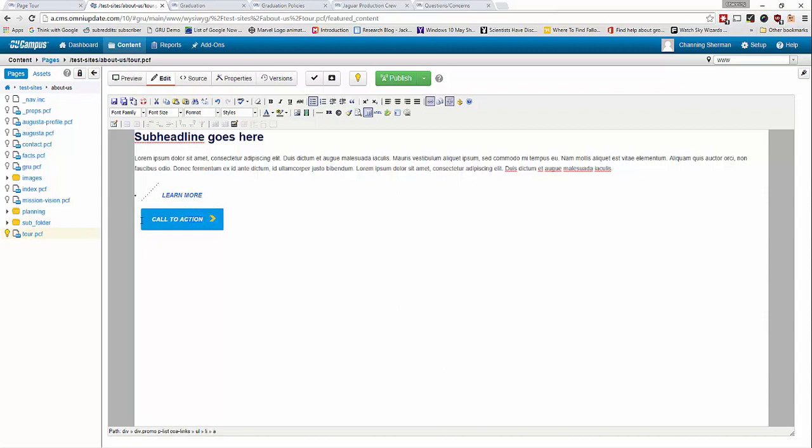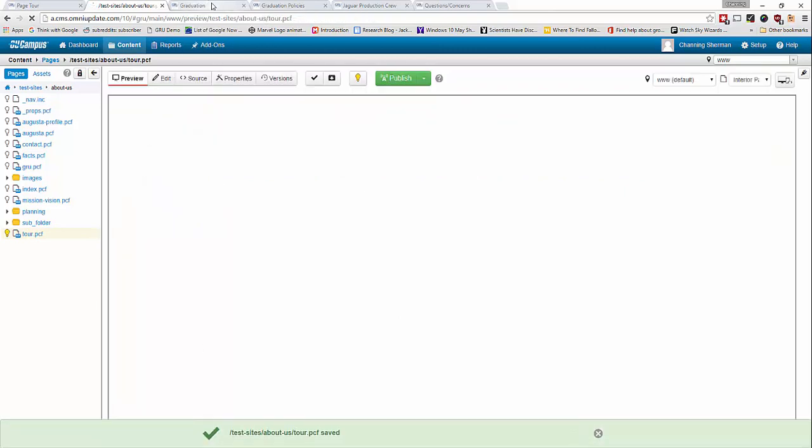I can change the text in this call to action button, or I could also change the link in this Learn More link if need be. And to give you an idea of how these could be used,